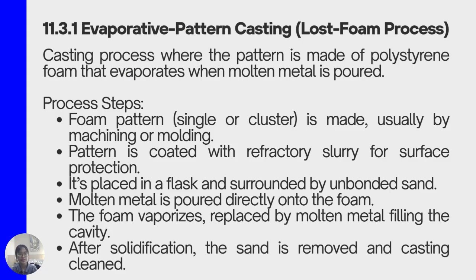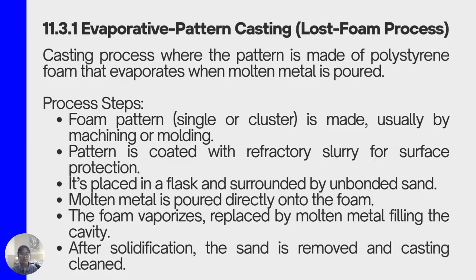Evaporative pattern casting, also known as the lost foam process, uses a pattern made of polystyrene foam that evaporates when molten metal is poured into the mold. The foam pattern is coated with a refractory material to reduce its surface roughness and then placed in a flask filled with unbonded sand. When molten metal is poured, the foam pattern evaporates and the metal replaces it exactly, forming the